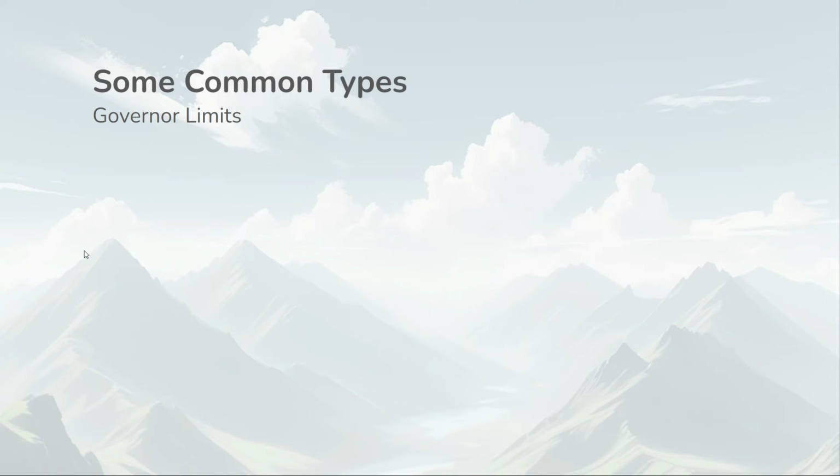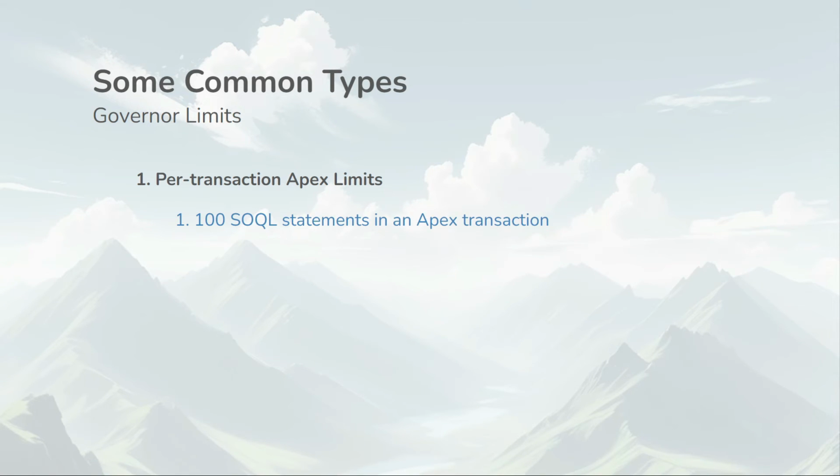Now, let's take a look at some common types of governor limits. The first common type is per transaction Apex limits. These limits apply to Apex transactions. For example, in an Apex transaction, you cannot execute more than 100 SOQL statements. Another example could be, in an Apex transaction, you cannot perform a DML operation on more than 10K, that is 10,000